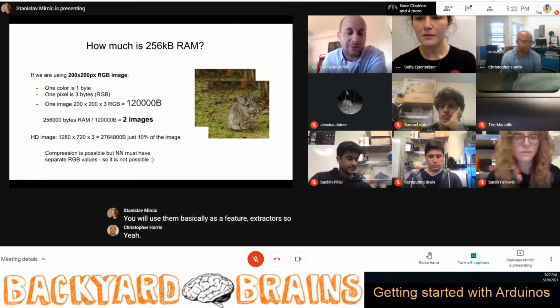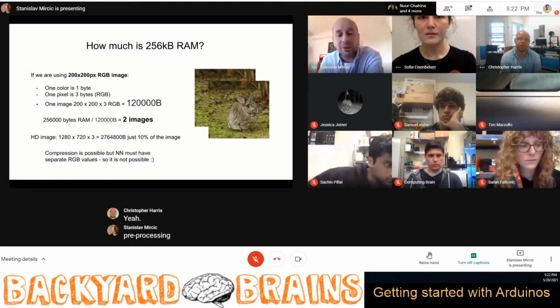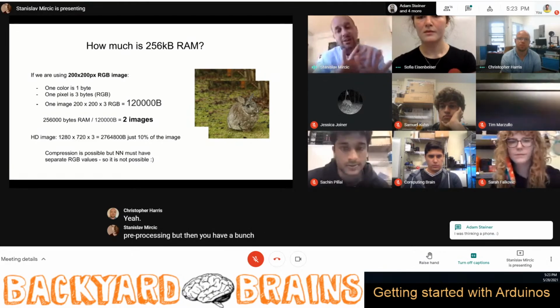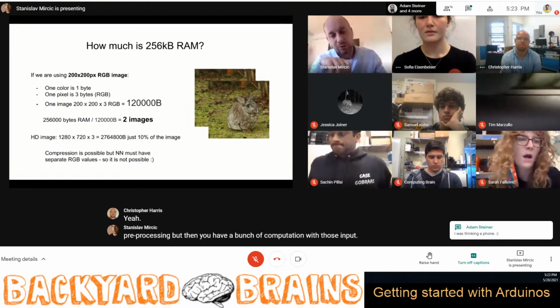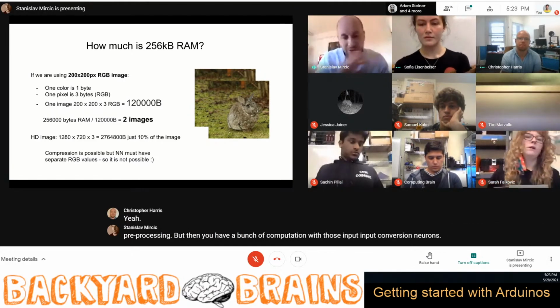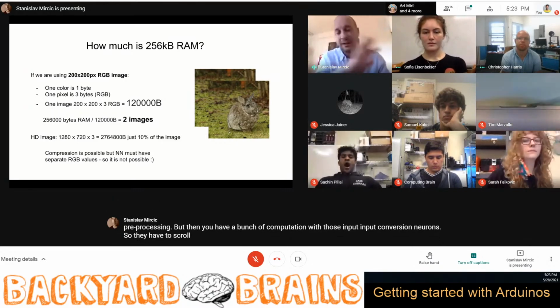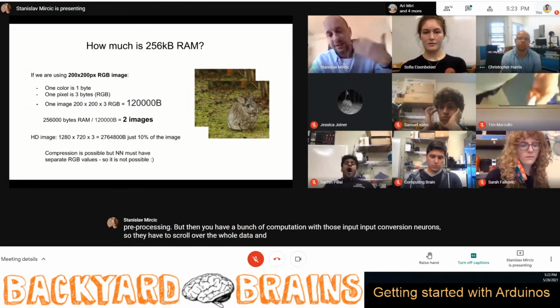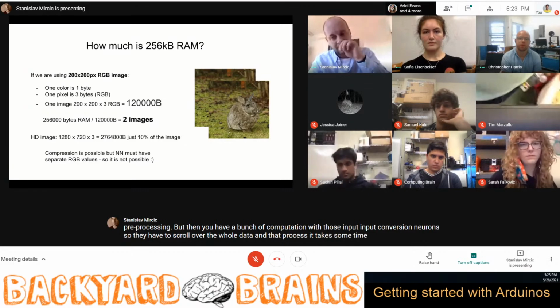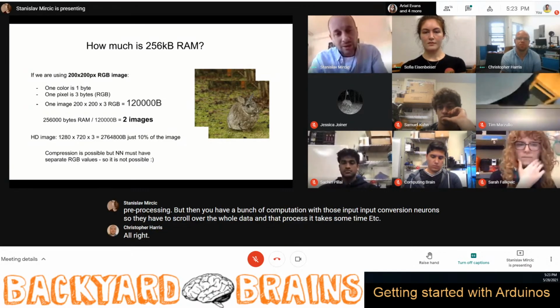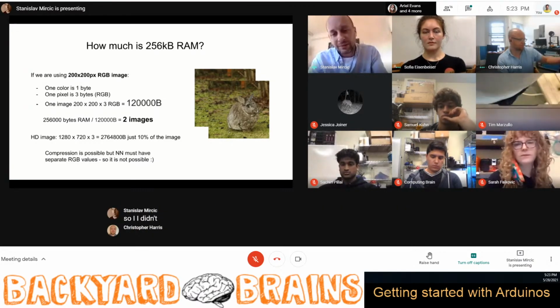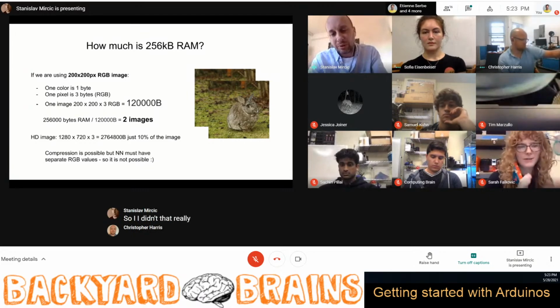So instead of pre-processing, you have a bunch of computation with those input convolutional neurons. They have to scroll over the whole data, and that processing takes some time. That really depends on how they program